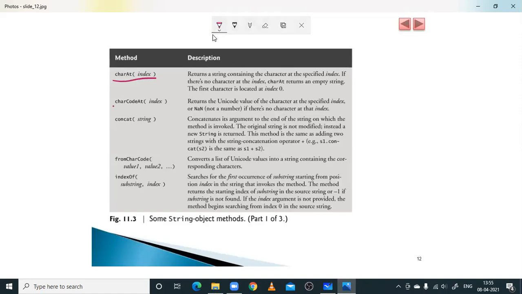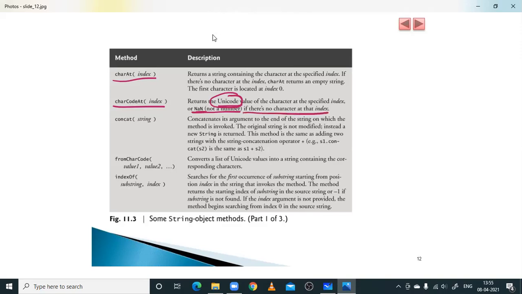Now charCodeAt, you observe here this method, returns the Unicode value of the character specified in the index, or NaN, not a number, if there is no character at that particular index. So if it is not returning the Unicode, it will return NaN because it is not a number.